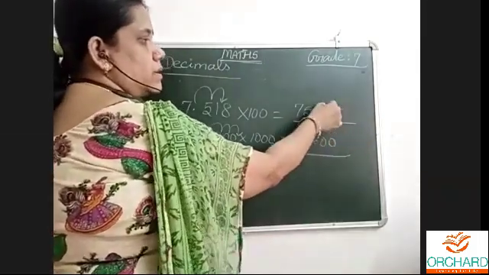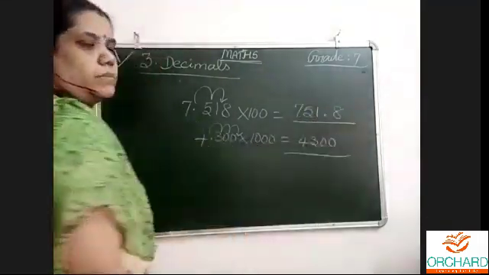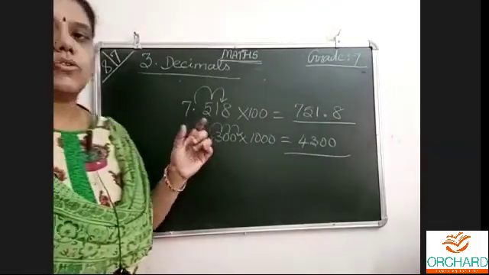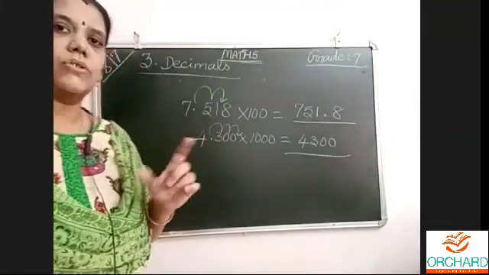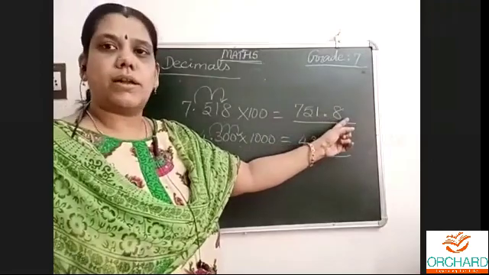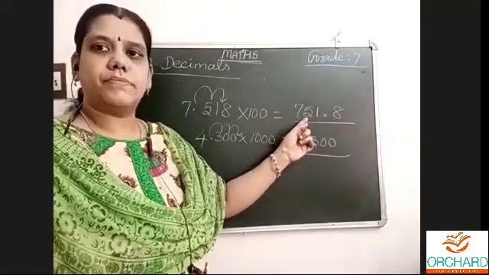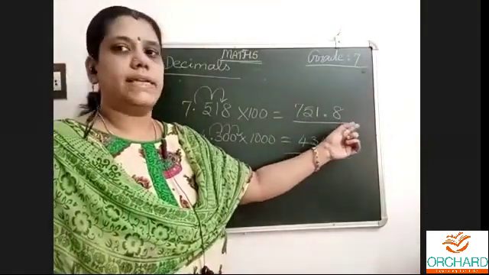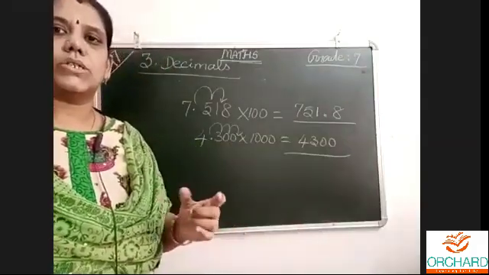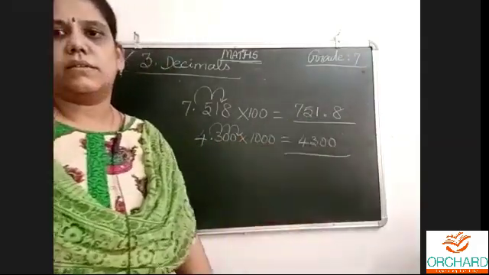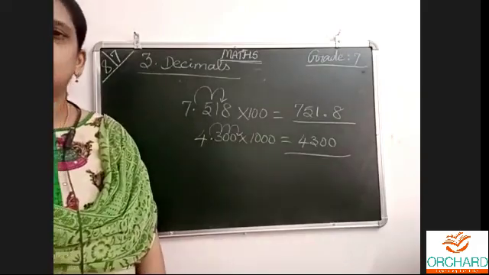This is the whole number part, no decimal. This is the decimal part. The decimal part is like rupees. When we calculate in rupees, this is like the paisa column and this is like the rupee column. 751 rupees 80 paise. Like that it is. So decimal part refers to that. Yes. Okay, super.